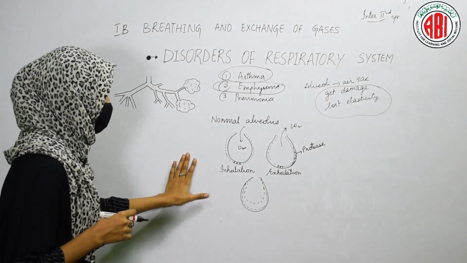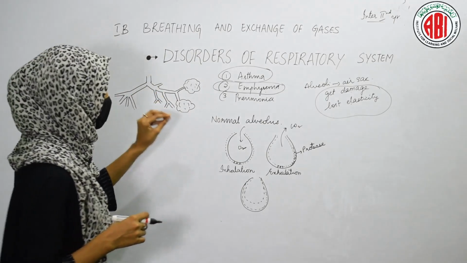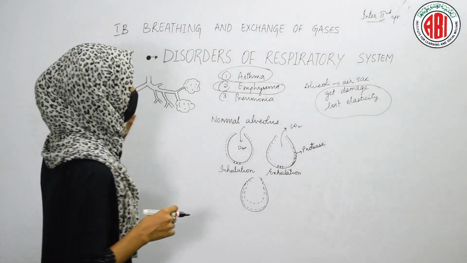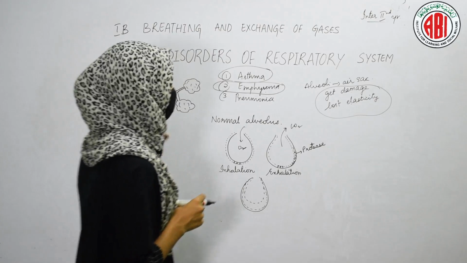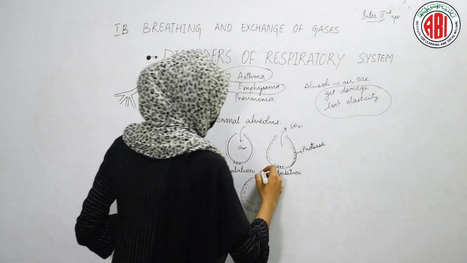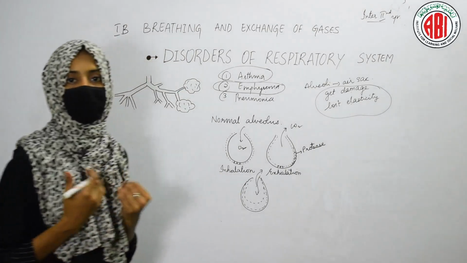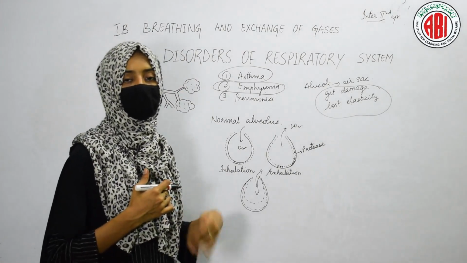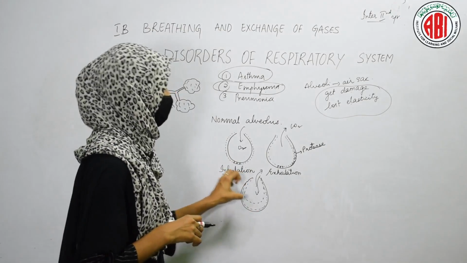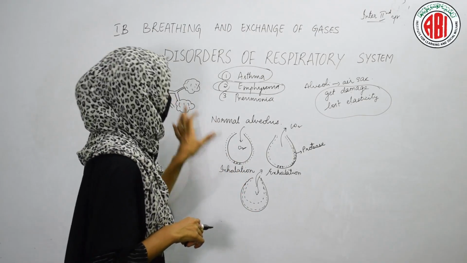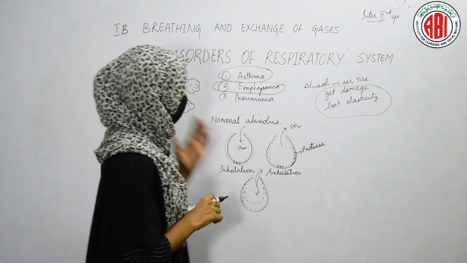So in the condition emphysema, it loses its elasticity. The elasticity of our alveolus gets damaged, and due to this, it cannot breathe out and it cannot breathe in properly. The oxygen cannot be taken up by the alveolus and the carbon dioxide cannot be removed by the alveolus as it gets constricted. The elasticity of the alveolus is due to the presence of some proteins, and those proteins are called